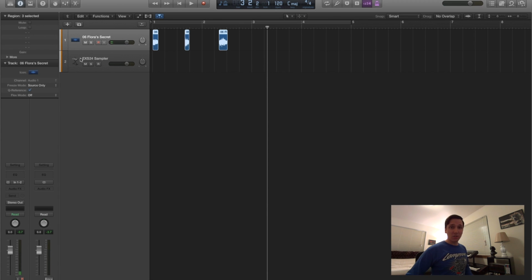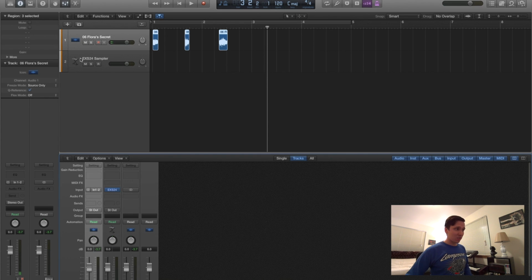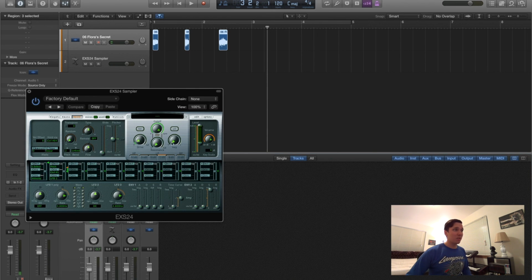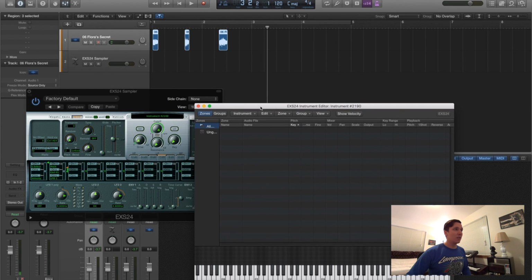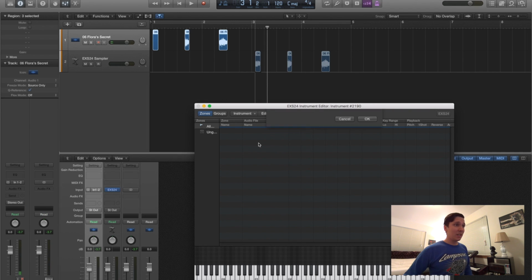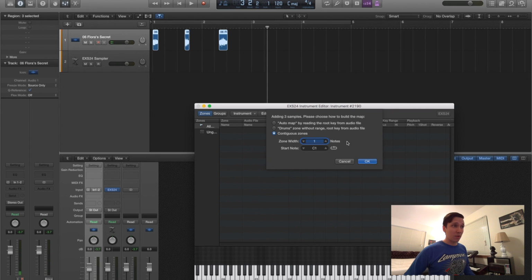If you hit X on your keyboard, X brings up the mixer. That's the hotkey for the mixer. What we'll want to do is double click on the EXS24, and you'll want to go up here to Edit and click Edit. Bring this guy down so we can see our arranging window. And what you'll want to do is highlight all of your samples and drag them onto this EXS24 sampler editor. Drop them. It'll give you 3 options,